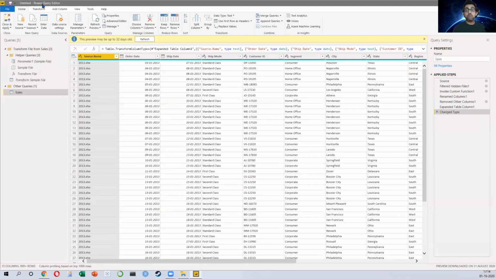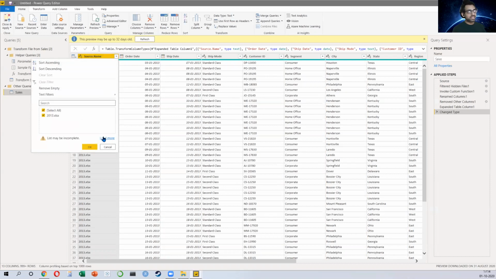Now you might say, Havish, how do you know that all the 3 files have been combined or not? Do you see this? There is a new column called source.name, which clearly wasn't there earlier. And what can you see in this new column? You can basically open up the drop down and you can see that 2013, 14, 15 has all been combined together. Very cool, right? Like literally without opening any file, with no manual work, I just selected a folder. Irrespective of how many files were there in the folder, it has managed to cleanly combine all of it.